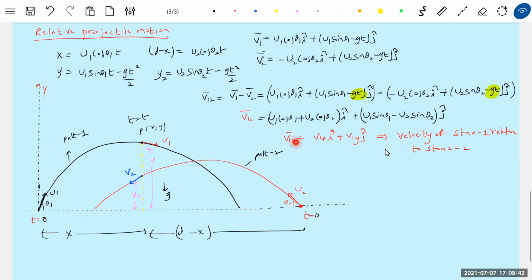What about this v12? It doesn't vary with time. Uniform velocity motion. Then at any time t, now I wanted the position of 1 with respect to 2. Tell me what shall I do now? I want the position vector. I could have done that here only, but this will be a better formula. R12 bar, let me find out. What is R12 bar equal to? V12 bar into T. V12 bar into T.